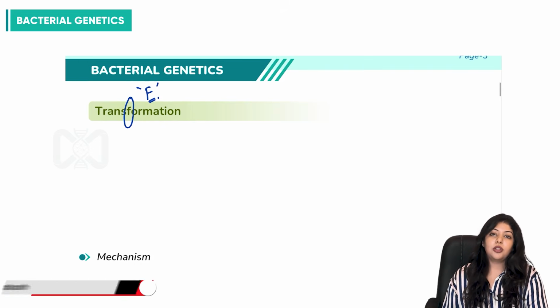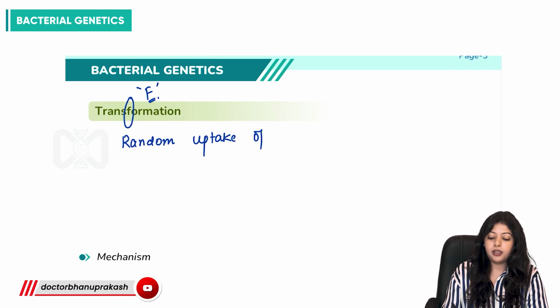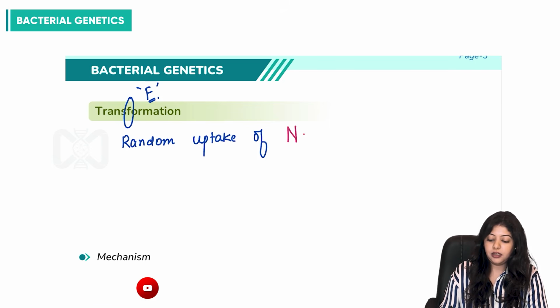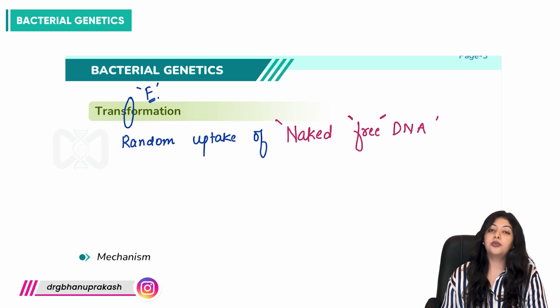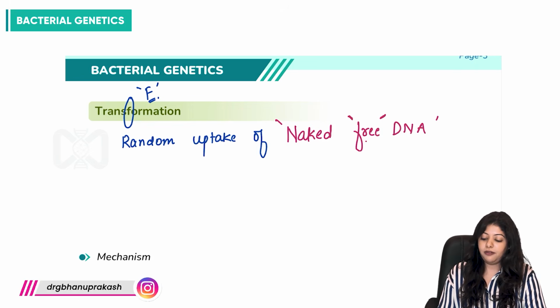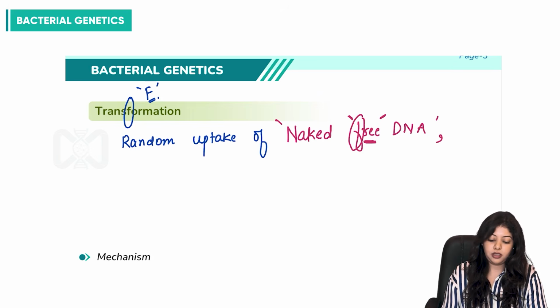Transformation is the random uptake of naked, free DNA. With F, we use the letter F for naked free DNA from the environment